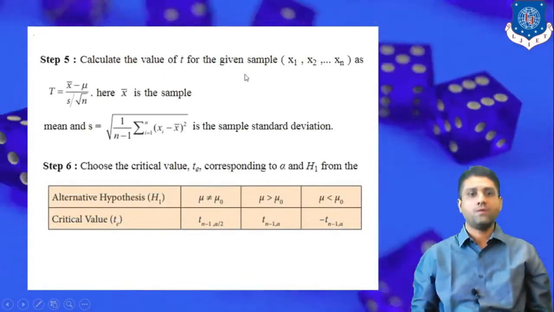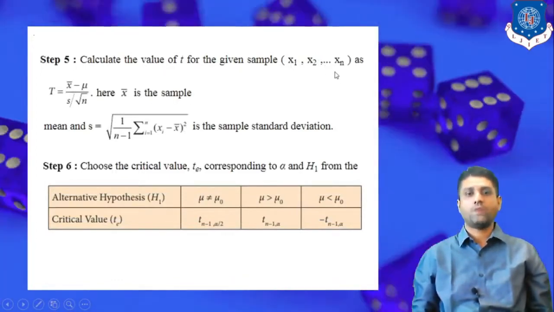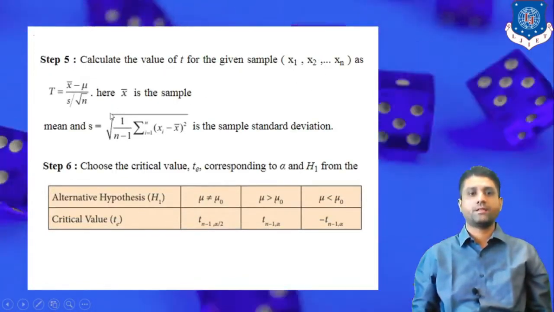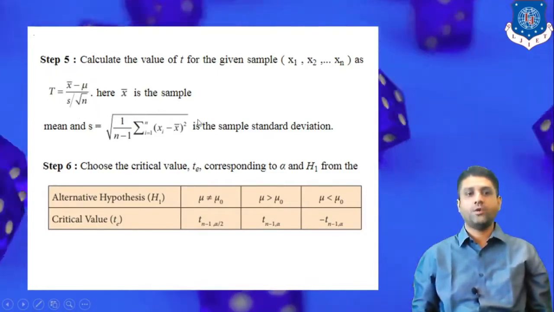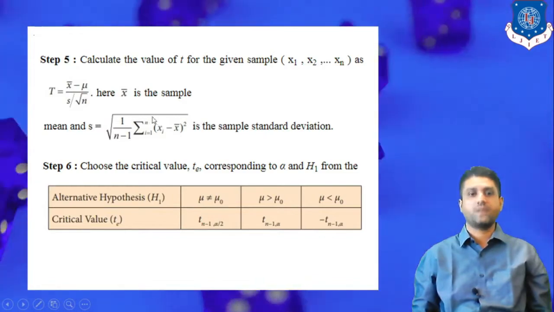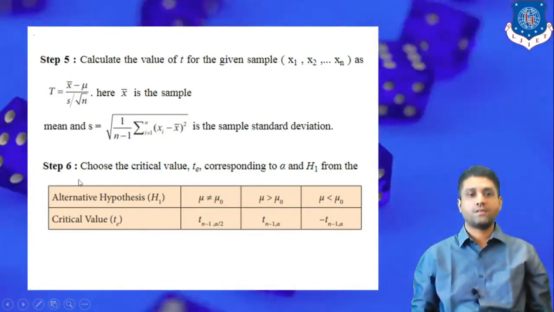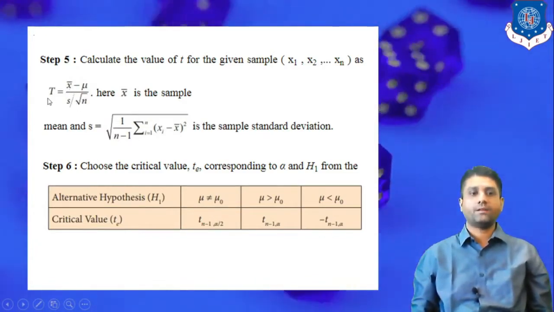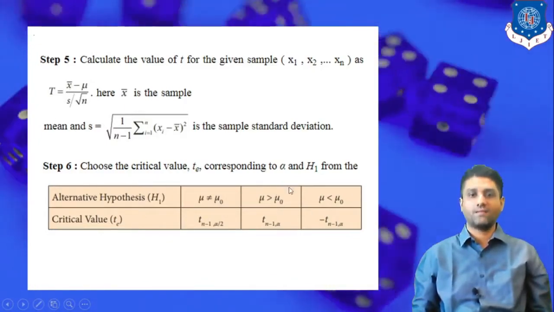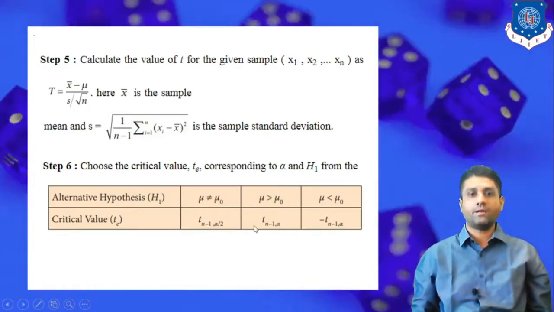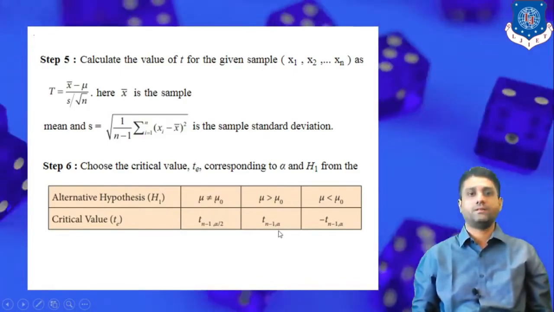Step number 5, corresponding to the data you have selected, you have to calculate the observed t value, which is calculated from this formula, where s gives the standard deviation. Now, step number 6, once we have calculated the t value, then we have to compare this t value with the tabulated t value, and the tabulated t value we have to take from the t distribution